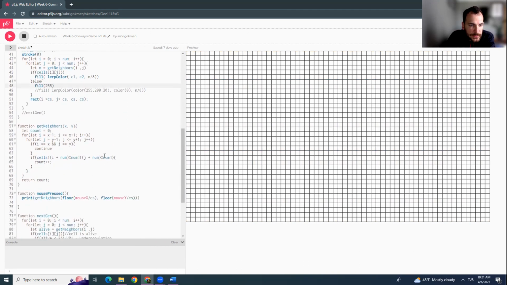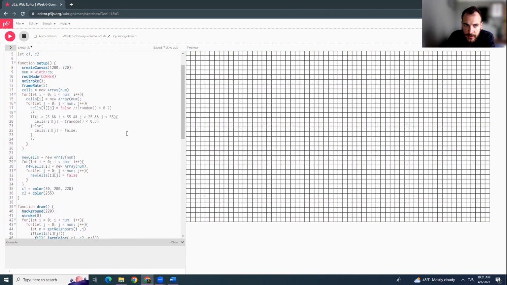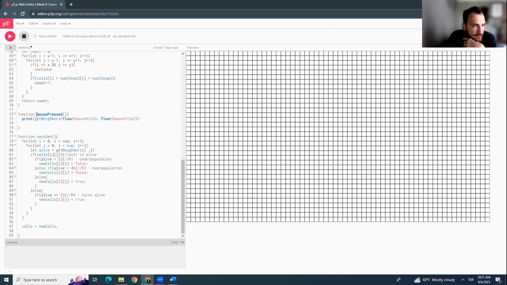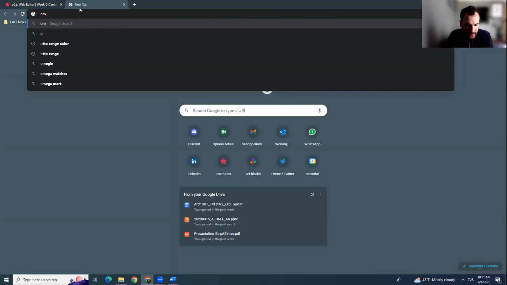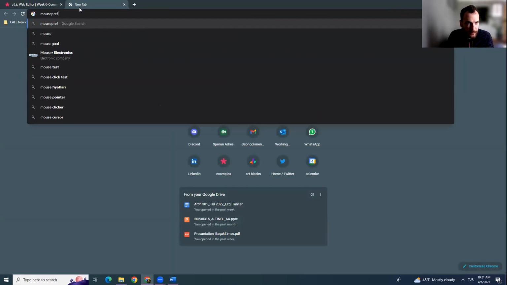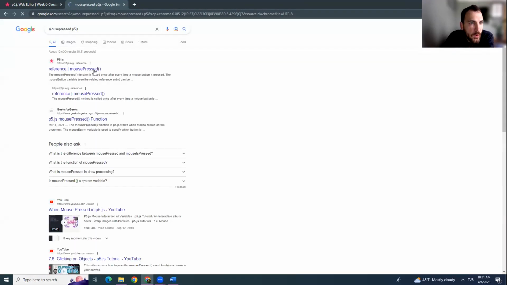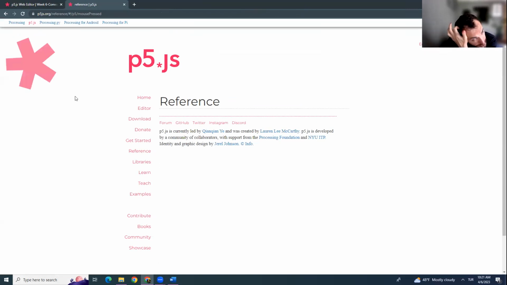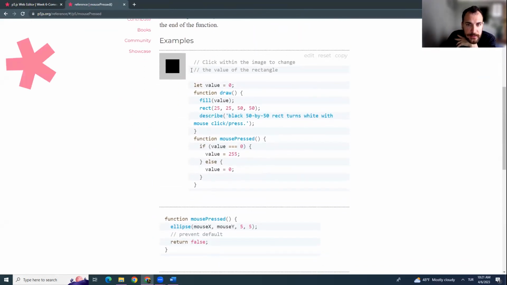Now, what I want to do is actually show you how the grid works, okay? So if you remember here, we have a mouse pressed function. The mouse pressed function gets triggered with, let's actually look at what it does. mousePressed in p5. So this is a built-in function. And what it does is click within the image to change the value. So basically, it could be triggered